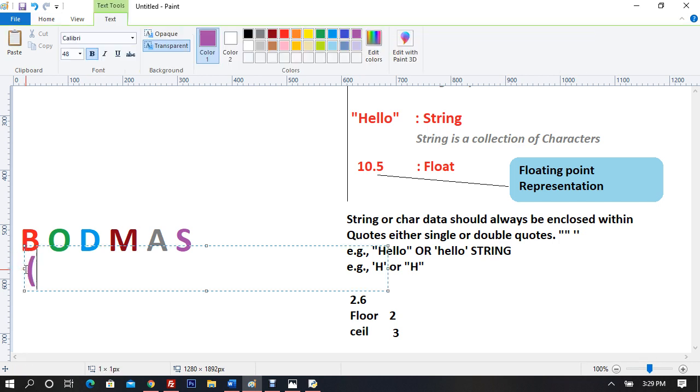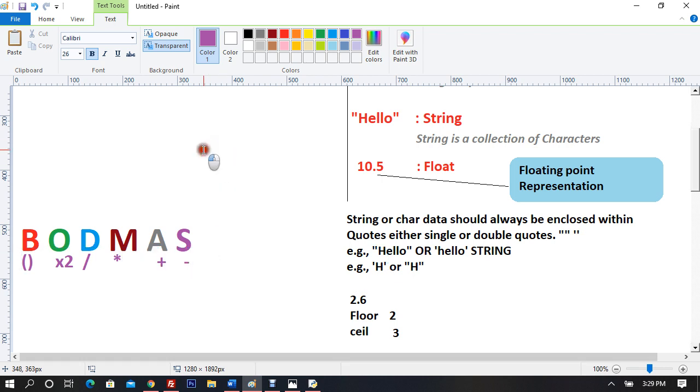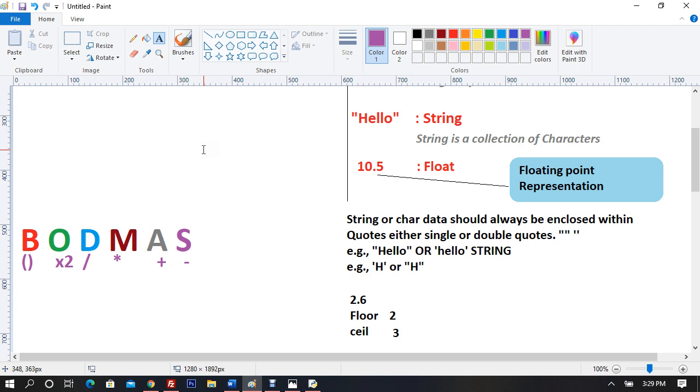Brackets are meant to be executed first, right? And then we have order. Order can be just like that, square root, or we can say x squared. This is an order, and it is meant to be executed. And then we have the divide, which is going to happen, and then multiplication, and then addition. So now this is how you can work with the power here.